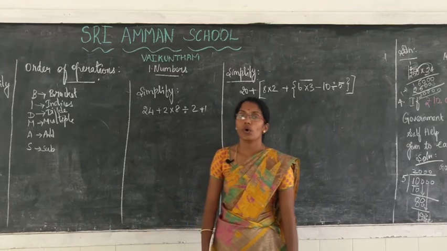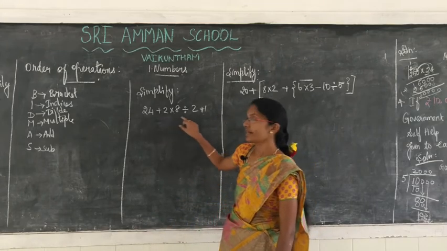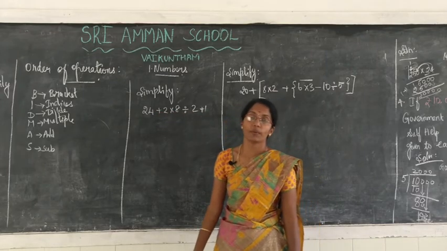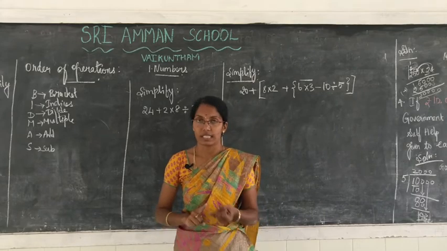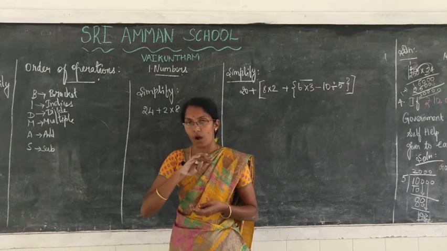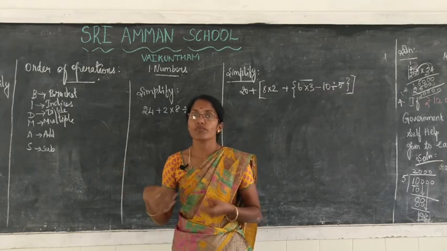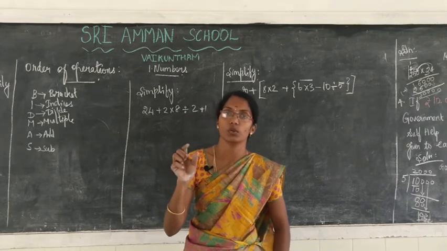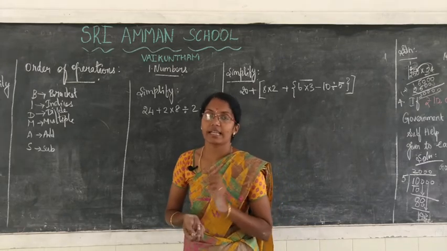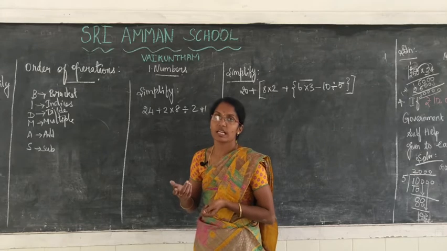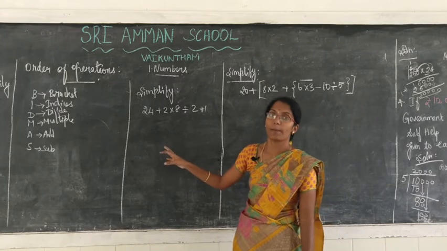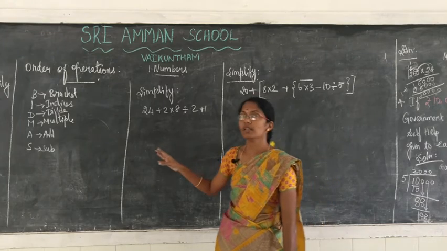Okay, so see here, this is a question. There will be a number of operations. So what are the common mathematical operations? You know, addition, subtraction, multiplication and division. In a single question, if all 4 operations are there, which operation will you do first? You don't know. So for this, many mathematicians have said that they include some rules. These rules are to be applied everywhere.